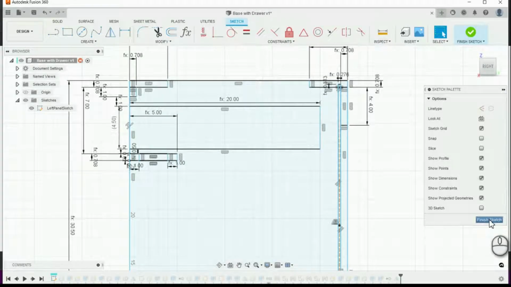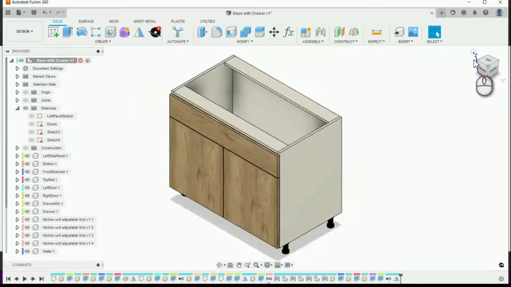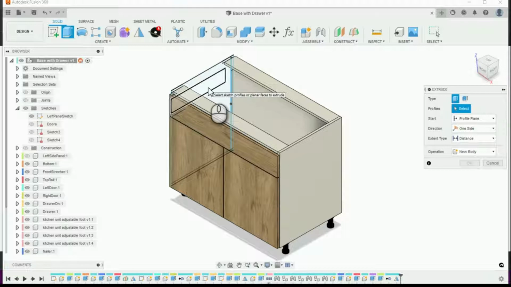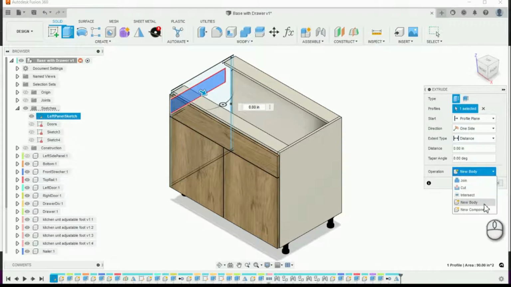Let me finish over here the sketch, and we wanted to, sorry guys, we need to see the sketch. So I'm gonna click over here, and for now I'm going to hide this left side panel, and with this I'm going to create a side of the drawer box. So I'm going to hit the extrude command over here, and I'm going to select this rectangle that we just did. So we're going to put over here a new component,